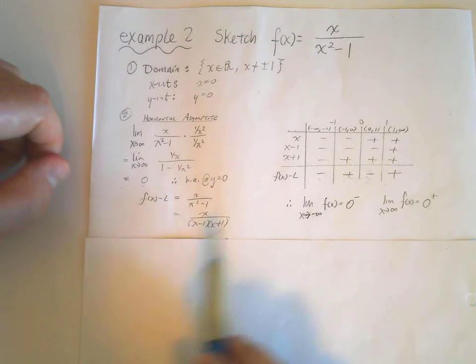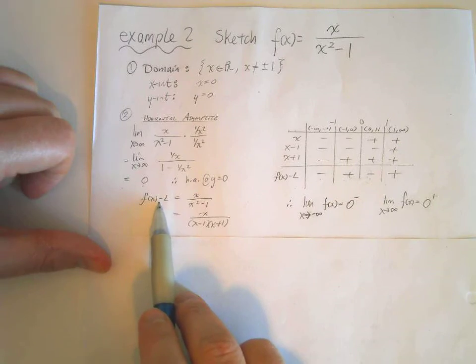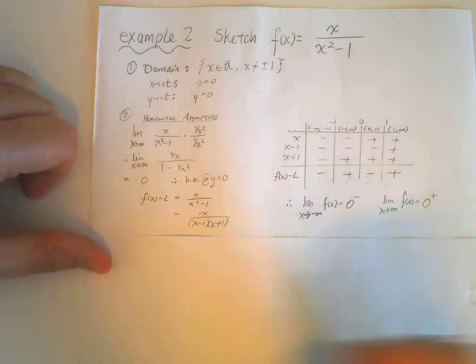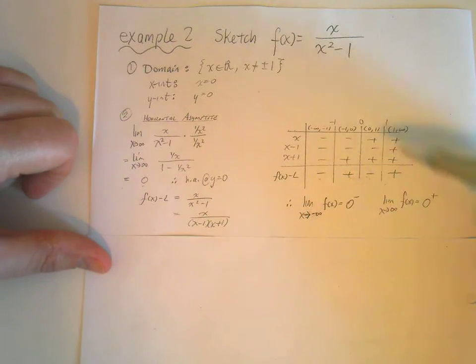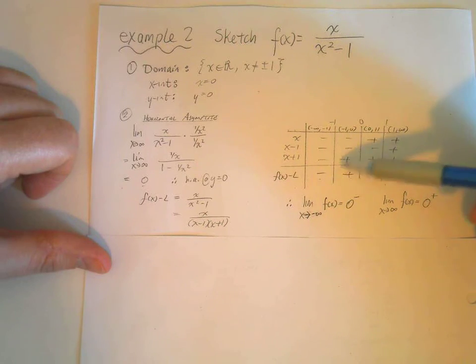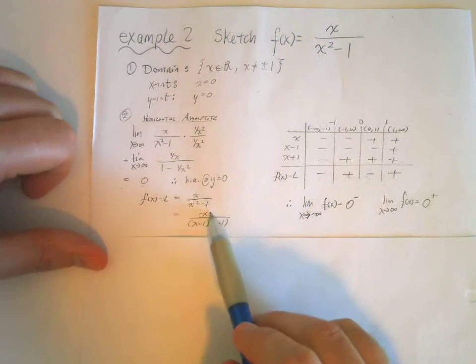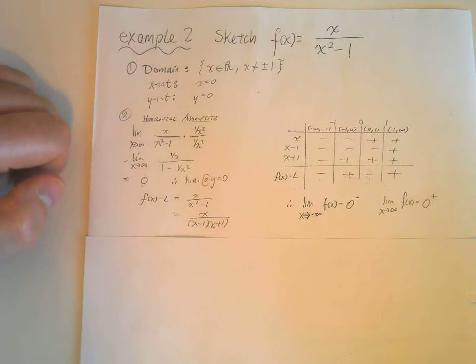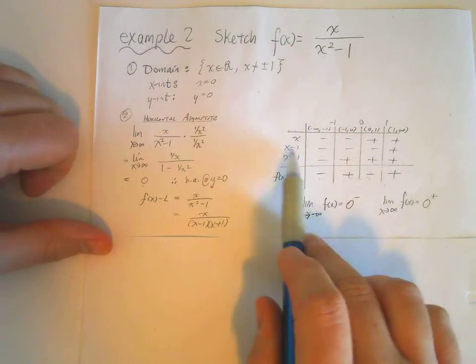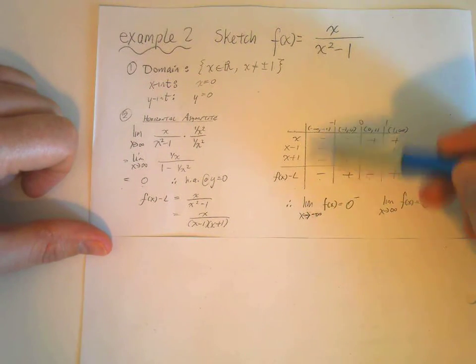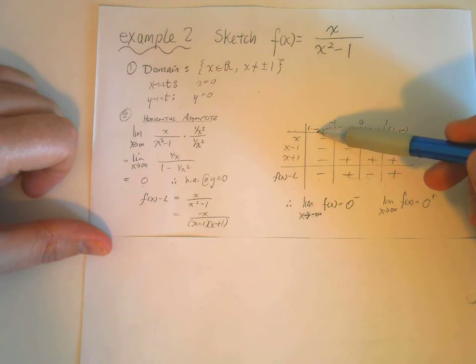so I'm going to get my horizontal asymptote at y equals 0. If I create the function f of x minus L, this is the same function minus 0, which is just itself, so this is basically just f of x. I'm going to chart this out based on where I'm going to have restrictions and where I'm going to have zeros, so any place where signs may change. And then I've put in all my factors and populated this chart, so what I'm really paying attention to for the horizontal asymptote is this,